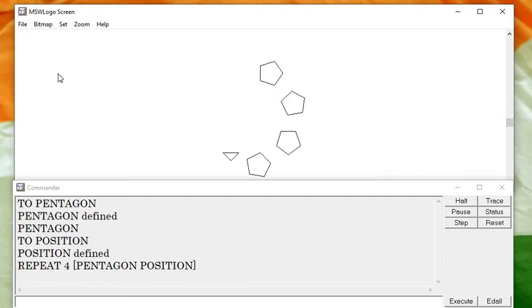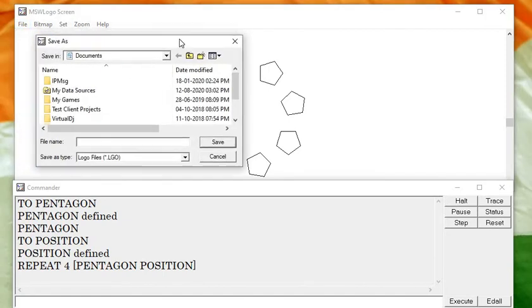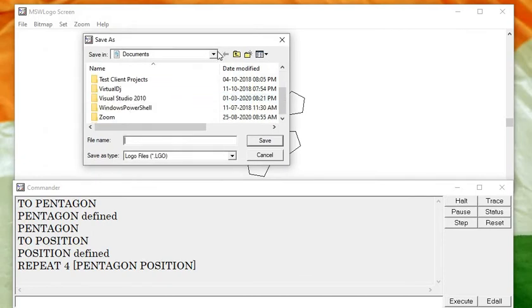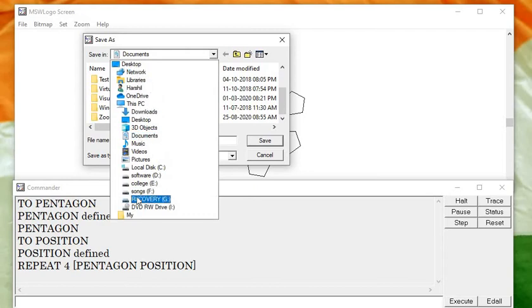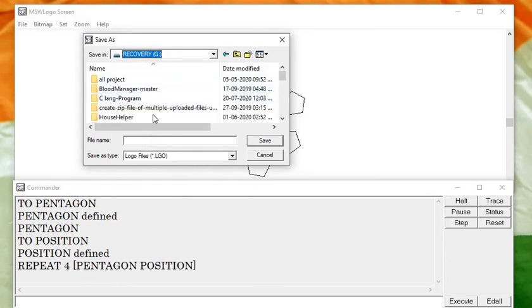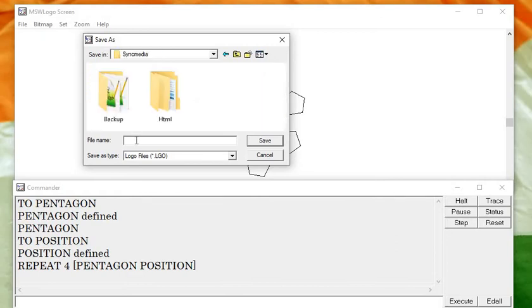Now the next topic is how to save our procedure. Now you click on the file menu and save, and here first I select my folder and here I write my file name.